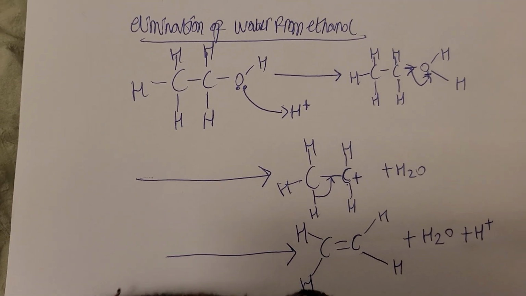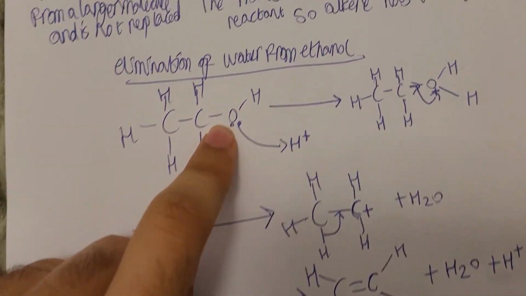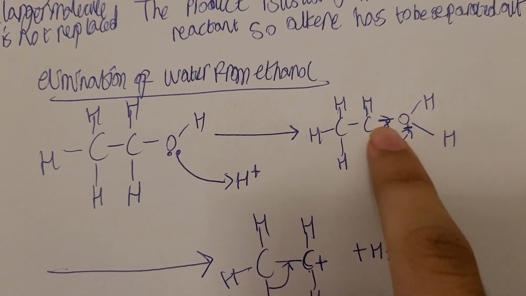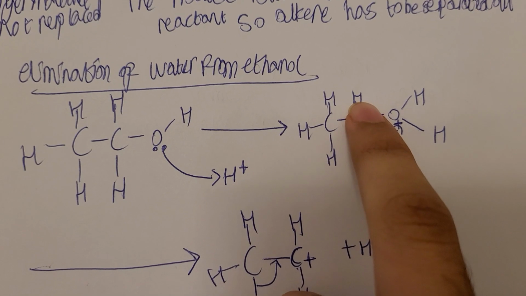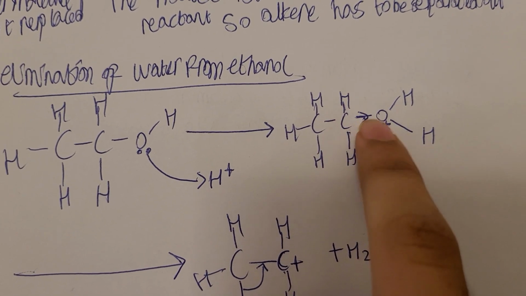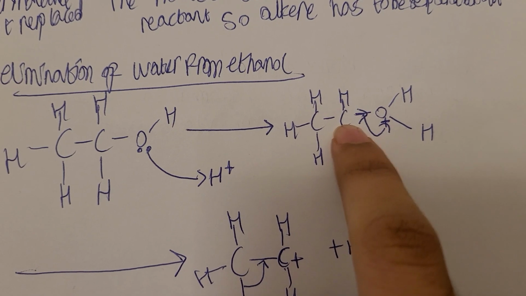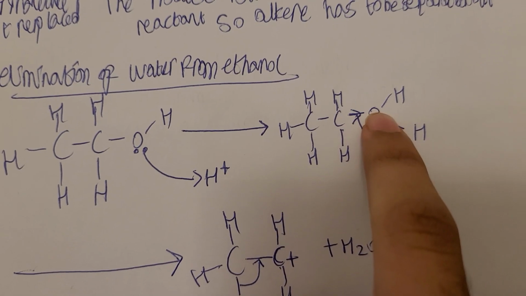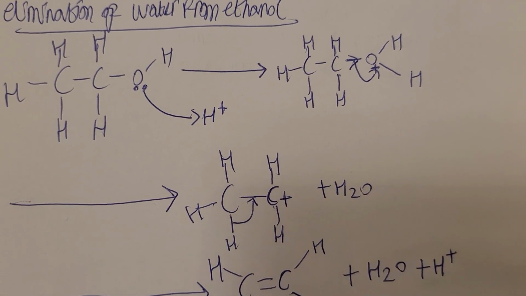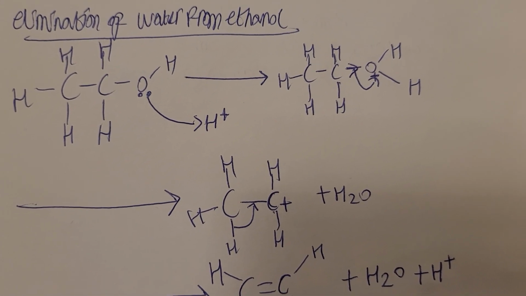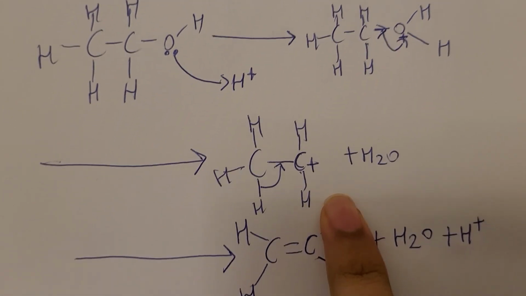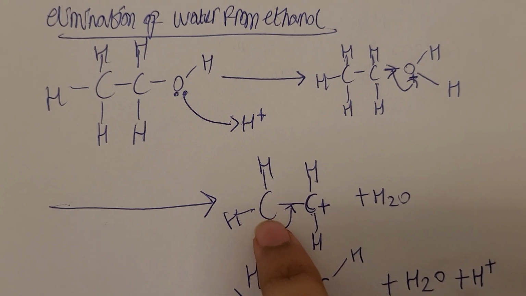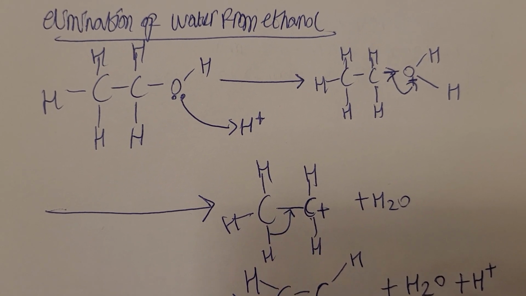So there's ethanol with the lone pair of electrons on oxygen, pulling towards hydrogen, and now it's got the OH and the H, but now the oxygen is positive. The electrons are going to go towards the positive charge, so therefore the arrow, and now the carbon wants to break this C-O bond. So now the H2O is no longer part of the CH3CH2, and now the carbon is positive, and now there's spare electrons, so now it wants to form a double